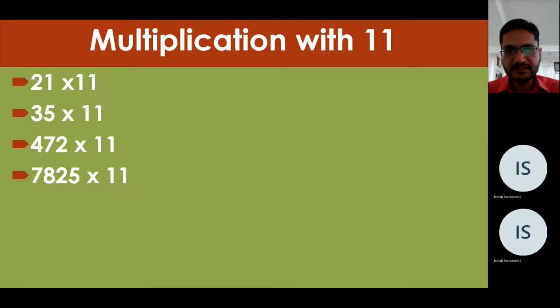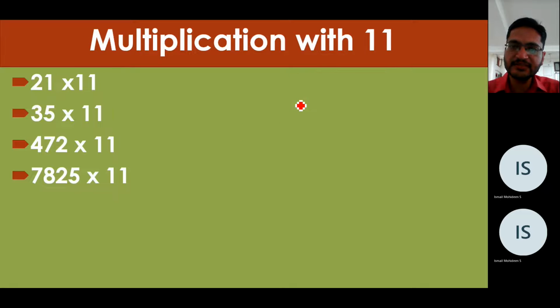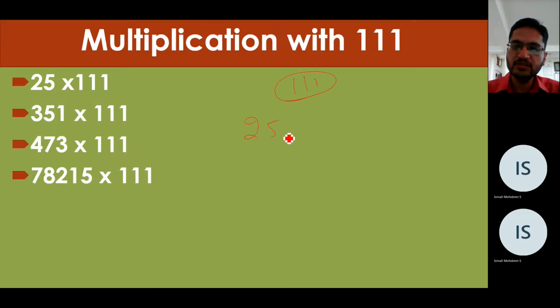Now this was the method when we are to multiply any number with 11. The same procedure we will adopt when we multiply any number with 111. Here we have 3 ones. In the last we had 2 ones, so in that case we wrote 1 0 in the last and 1 0 in the first. Now here we have 3 ones, so I will write 2 0 in the last and 2 0 in the first.